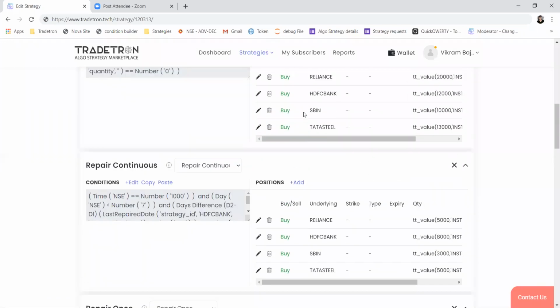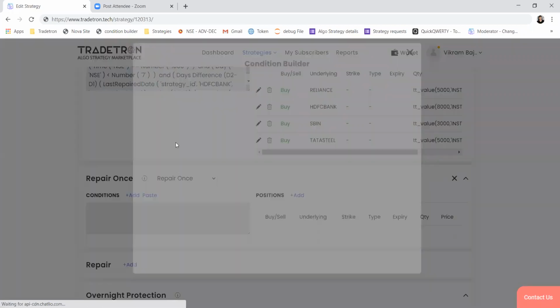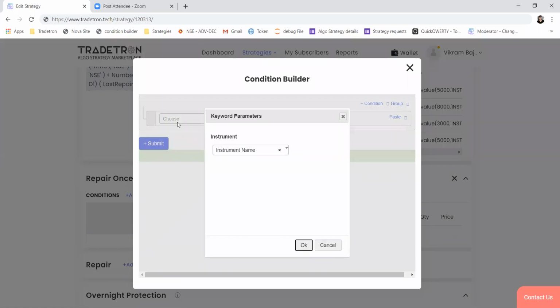Or if you want to put it from the entry price, even that is possible. So we'll check how to do it on the last price from the entry price.